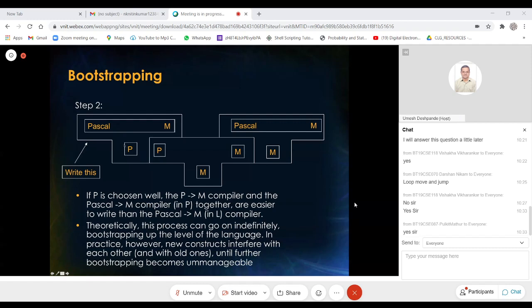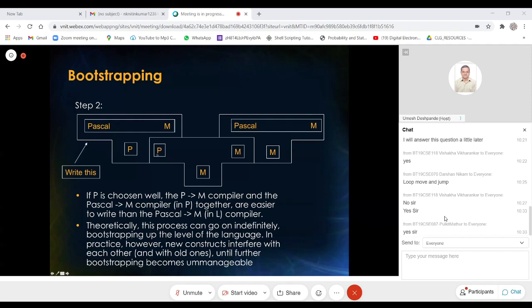Okay, so this particular thing has actually skipped many steps that could be there. However, if you see the second bullet, this says that theoretically this process can go on indefinitely. That is, indefinitely in the sense we choose these supersets one at a time. So from P we go to P dash to P double dash to P triple dash, and so on and so forth until we reach this entire language Pascal. Okay, so we write this Pascal to M translator now written in P,